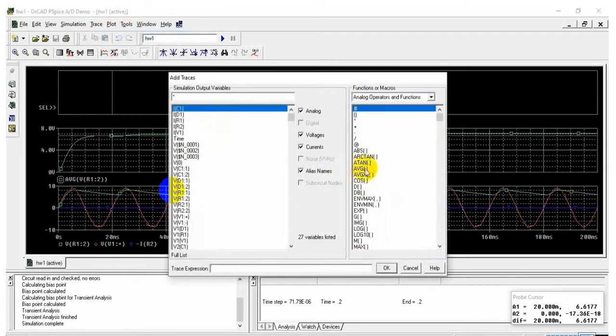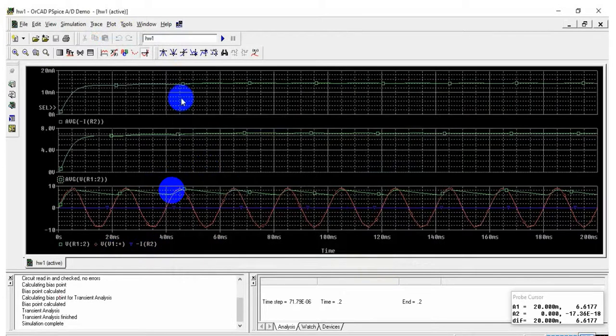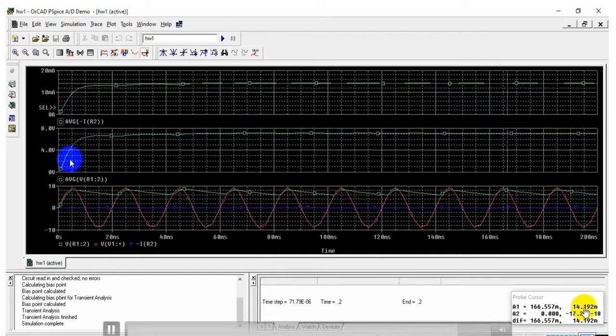Then to find the IDC current, go to the average of current, minus of I of R2. Okay, so you will get the current. In the current, again toggle cursor, left click and drag it. You see A1 is 14.2 milliamps.